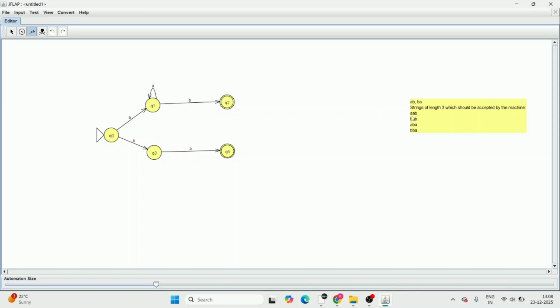So from this, AAB will be accepted, because when the string is AAB, it will go from Q0 to Q1 on A. On Q1, A will have a self loop and B will go to Q2, which will be the final state. Now for the string BBA,